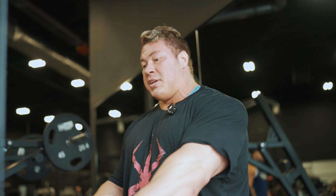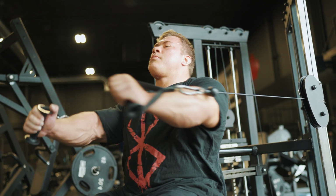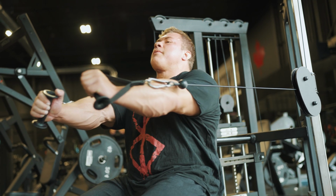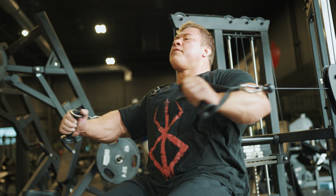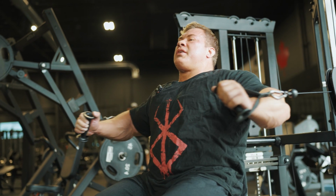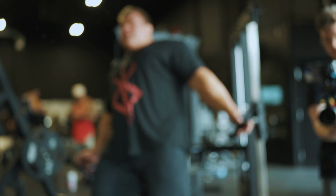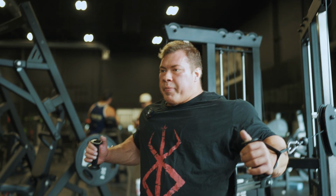So I love starting the chest workout with this fly. It's a seated cable fly from Watson. A lot of the time I'll start with a traditional pec fly, like a machine fly, but this is even better because it's the power of cables combined with the stability of a seat. So in my opinion, this is like the ultimate pec fly machine,